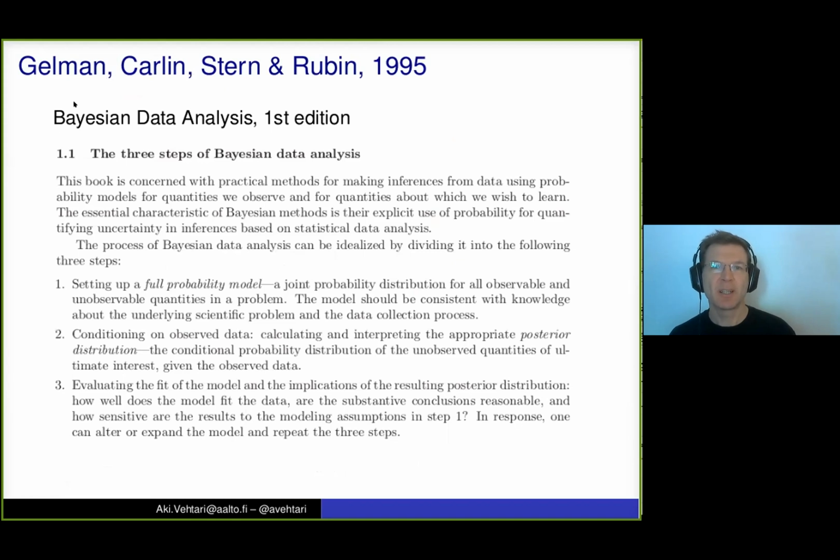In the Bayesian Data Analysis book from 1995, there are also three steps: setting up, conditioning on observed data, evaluating, and in response, repeat the three steps. So again, a description of this iterative workflow.